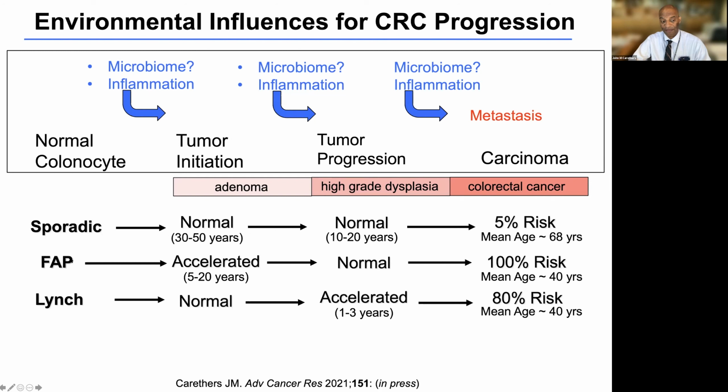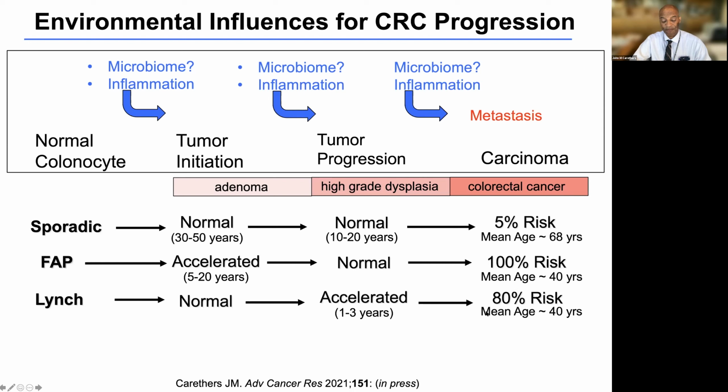You know, when you have a genetically inherited condition such as familial adenomatous polyposis or Lynch syndrome, different parts of the tumor spectrum are accelerated. In FAP, with mutation in the germline APC gene, polyps are initiated much earlier, but the time for polyps to cancer is similar to sporadic, even though you have 100% risk for developing colon cancer. In Lynch syndrome, the tumor initiation is normal, but the passage from adenoma to cancer is accelerated, giving you, again, a